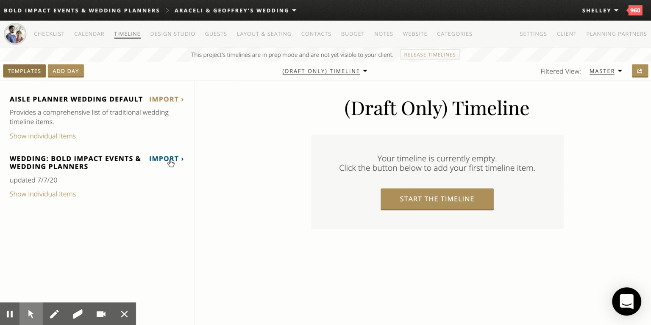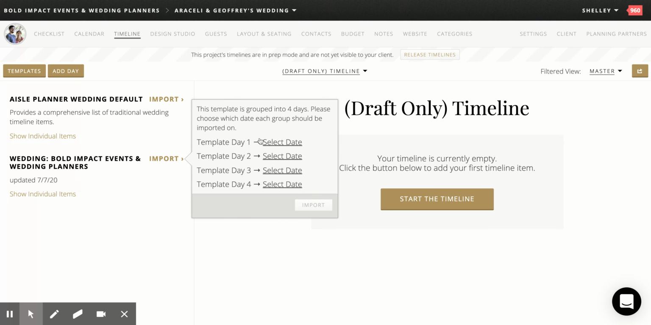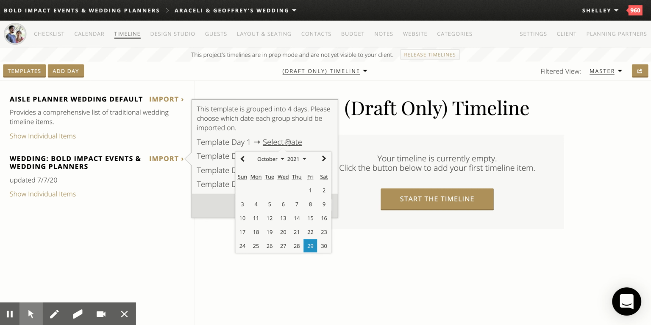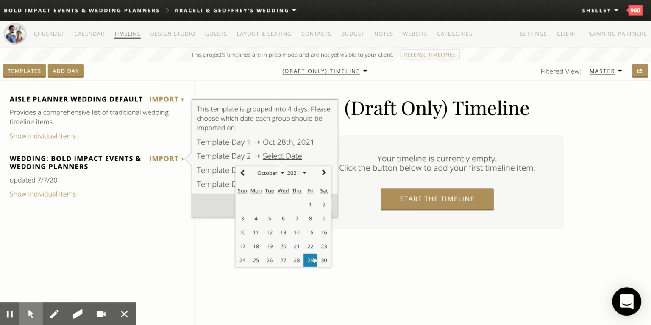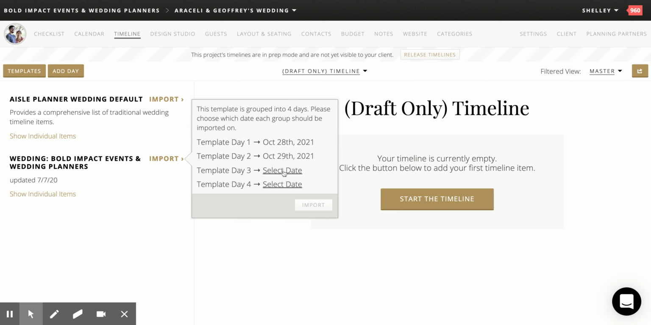Now, if you see anything in there that needs to be changed or you'd like to be added to the timeline that really helps with our notes, let us know. We can change that in settings. So you're going to import day 1, which, her wedding date was the 29th. So day 1 is the 28th, and day 2 is the 29th, and day 3 is the 30th,